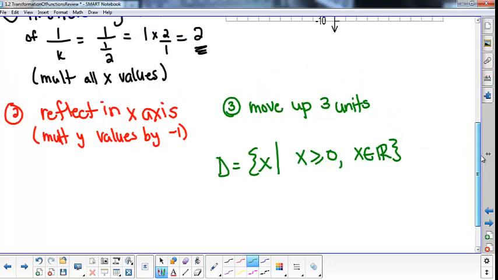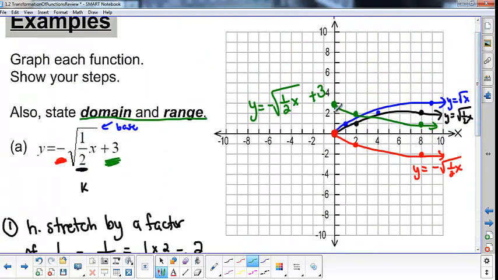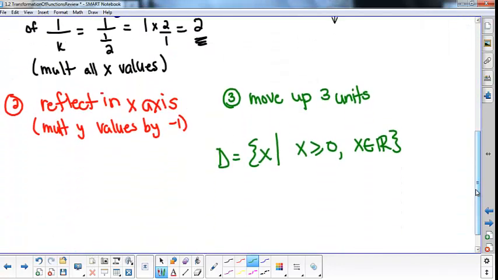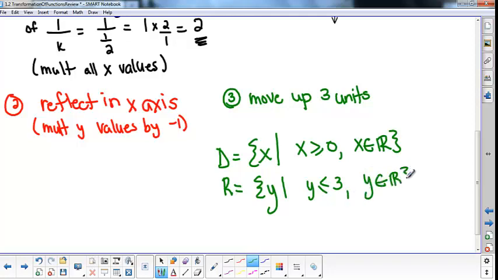And then if we take a look at our graph again, we see that our green graph is no higher than positive 3. So it has an upper bound, but it doesn't have a lower bound. So for our range, we can say the set of all y such that y is less than or equal to positive 3. And that's it for that question. We'll do one more example,